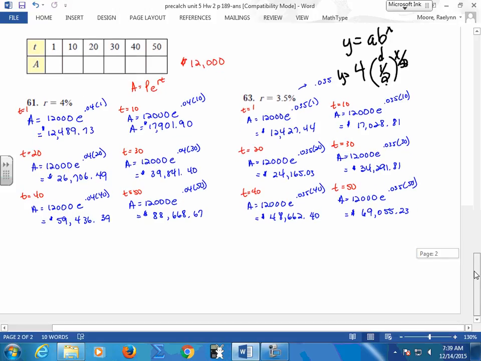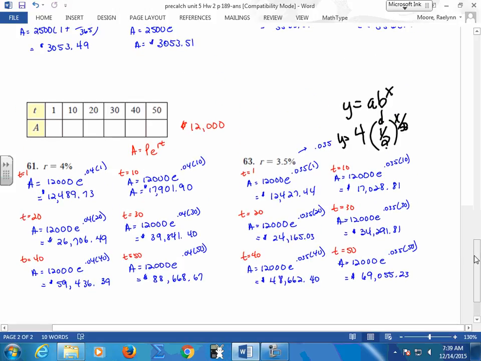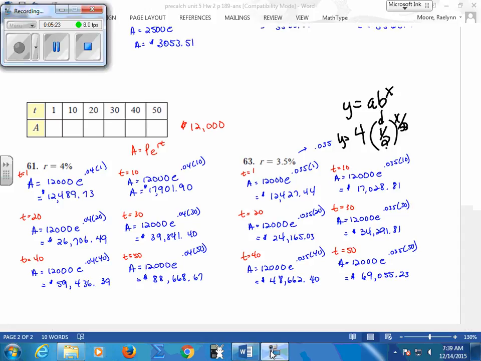Why did you use base e? Because the directions for this said continuously. Continuously is your Pert. Okay. So, and this one